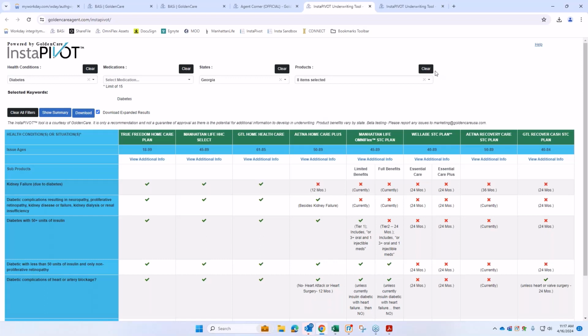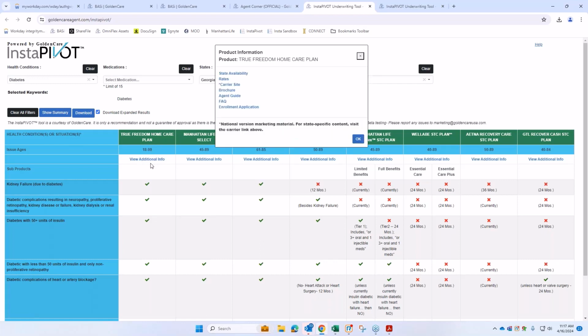Okay, and then for additional info, yes, there's a little link underneath that shows the issue ages and the health. It shows you the name of the carrier, the issue ages, and then underneath that, there's a little button called View Additional Info. That link will open up this box, and for different products, depending on